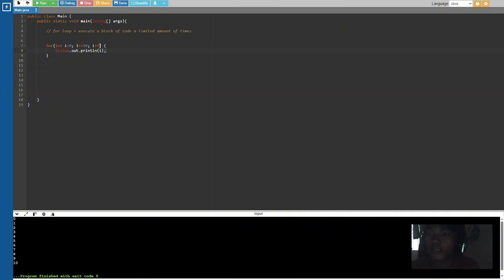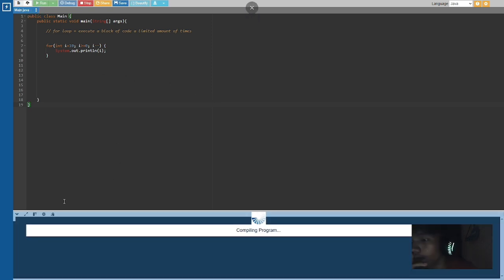So what if I want to count in reverse? So it starts with 10 to 0. So let's just change this to minus, and 10, greater than 0. As you can see, it's backward. So it will start at 10 and end with 0, because I want it to count down.